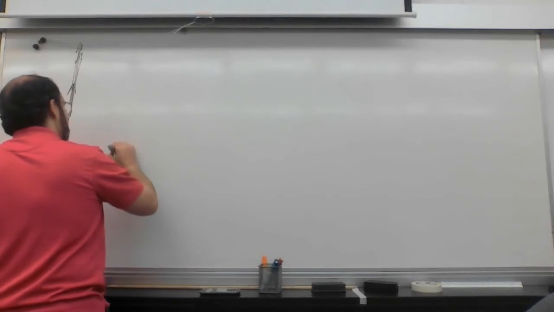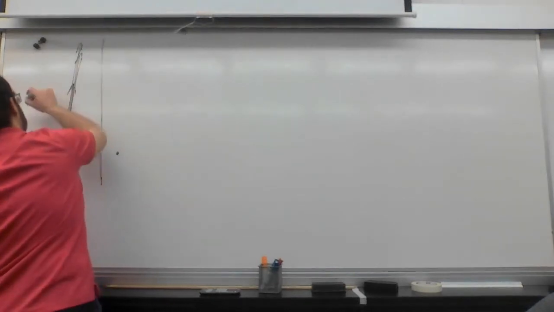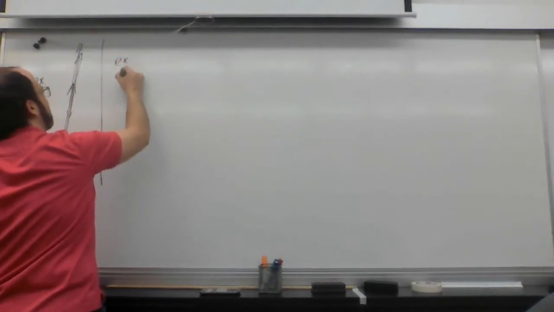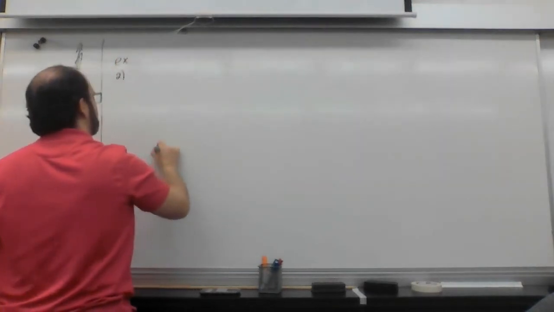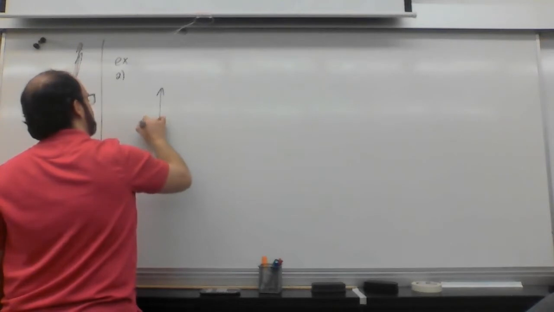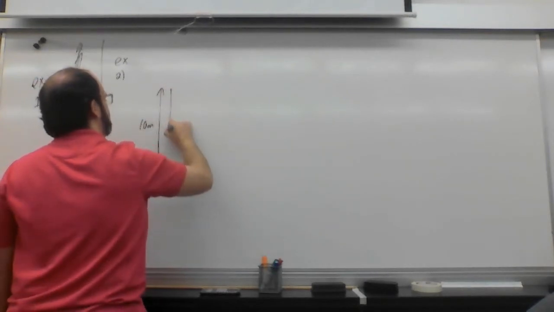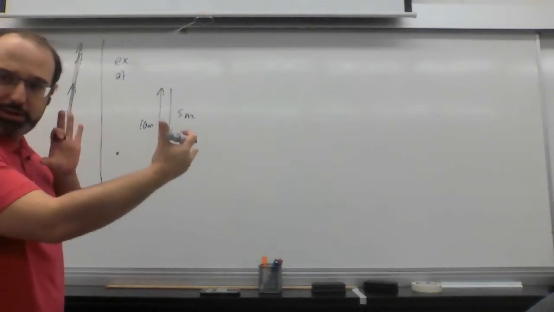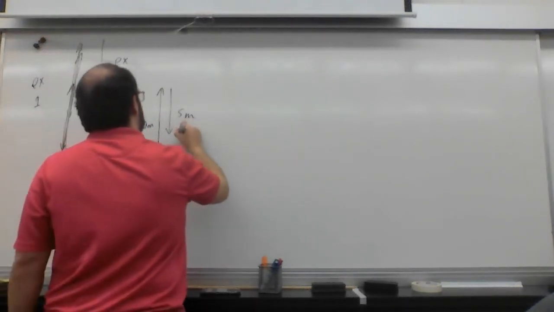So the example here that I've got on page 32 is that I start here, so I'm just going to cut this off here. So this is example 1. This is going to be example 2. Okay, so there we go. So I'm going to start here, and we're going to go up. It says here 10. Now we're going to come down 5. See how we're spacing them out going this way? Then we go up from here,